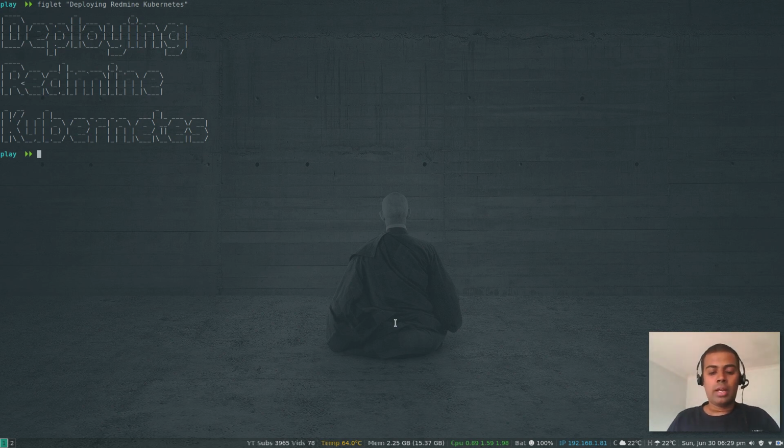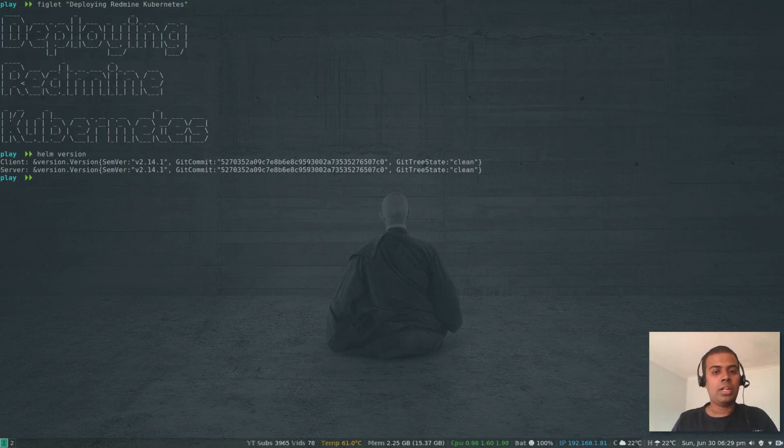Okay, so we need Helm. I've got Helm installed already, helm version. I've got dynamic NFS provisioning set up. I've got Ingress Controller. kubectl version --short. I've got version 1.15.0, which is the latest, and my Kubernetes cluster is set up entirely using the Docker environment kind,